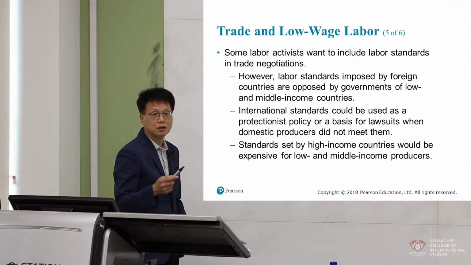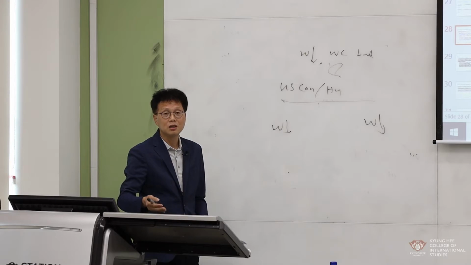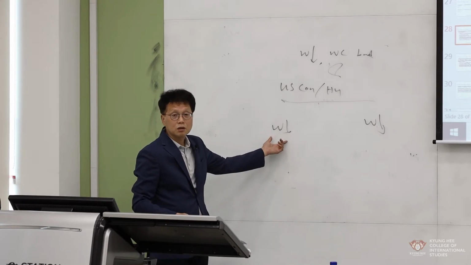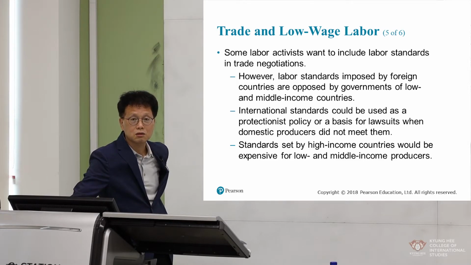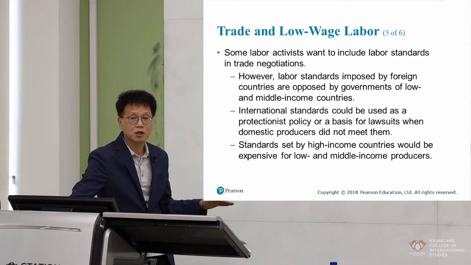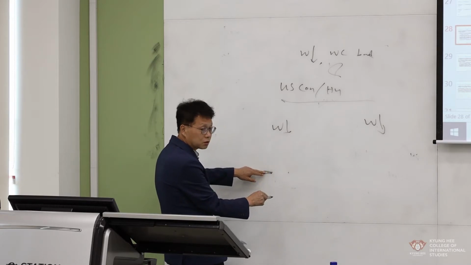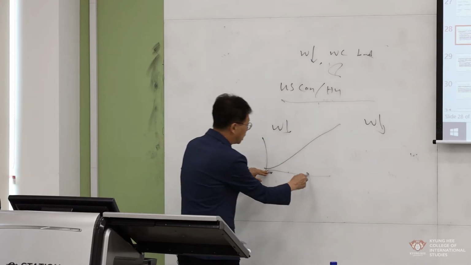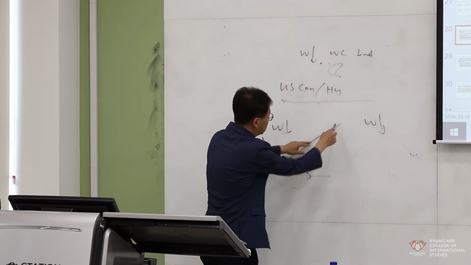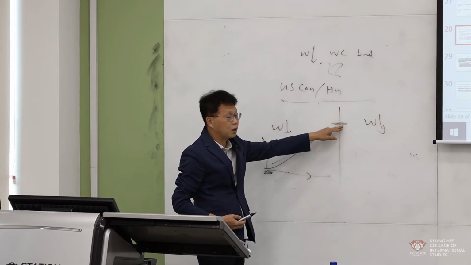Your grandfathers' and grandmothers' wage rate was very low in the United States or European countries until the 20th century, right? So the grandparents' wage rate was very similar to the wage rate now in these developing countries, right? But after that, wage rate was very low because productivity was very low. But productivity increases and increases over time, right? So wage rate also increases and increases. Now your wage rate in your country is very high.